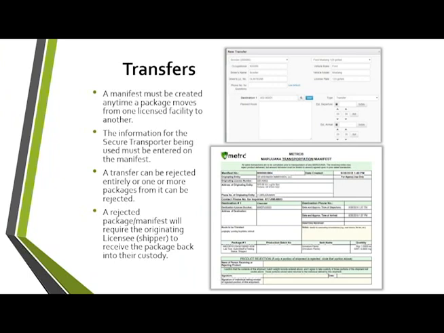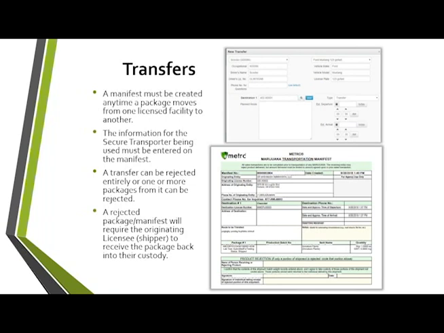All right, transfers. Anytime a package moves to another facility, it's going to have to create what we call a license transfer. That license transfer process, you'll generate a manifest that can be used to ship that to where you need to go. So the only piece here is the ability to reject packages. So if you do receive a shipment of packages and you do not like the way things looked or one looks short, I would recommend you reject that package individually, as you do not want to accept that into your inventory.